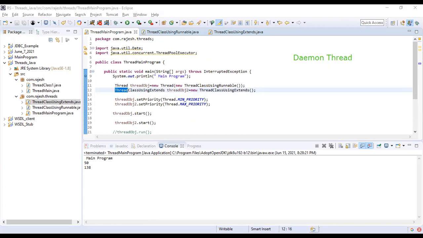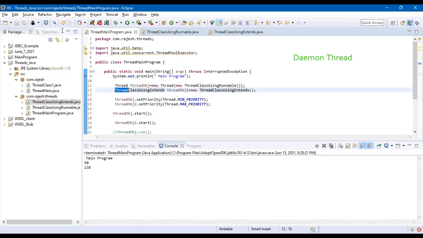A daemon thread is a thread which is provided by the JVM for fulfilling the user action. It is a thread which will be first starting up for creating the user threads and all those things. If there are no other threads available, then the daemon thread will stop.